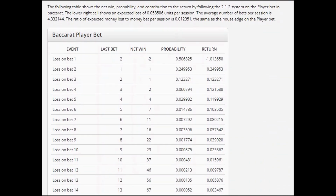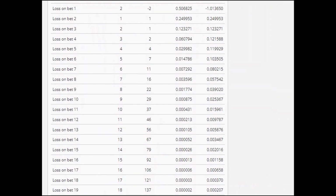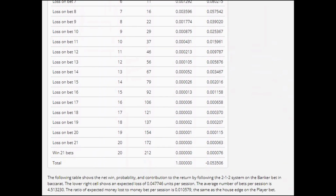For example, this table here shows you all the possible events that you can have occur if playing the 2-1-2, making the player bet in Baccarat, as I just did in my example. And here I cap it after winning 20 bets. Otherwise, the table would go on infinitely. So if you look at the probabilities and take the dot product with all the possible wins, you see that for every session the player can expect to lose